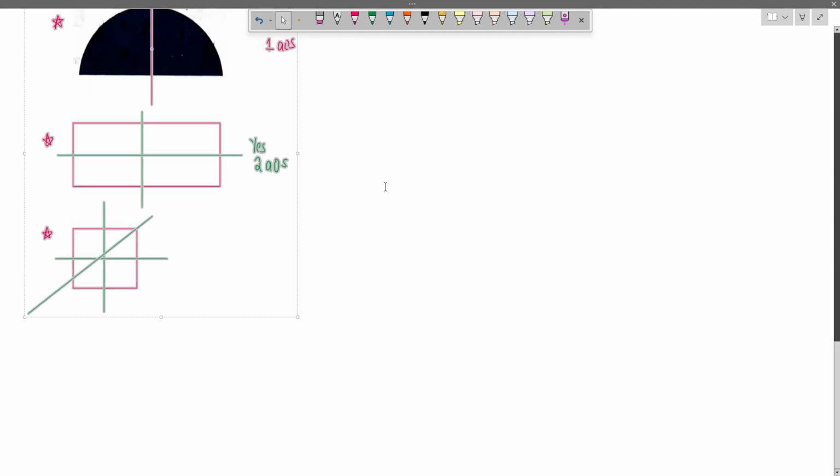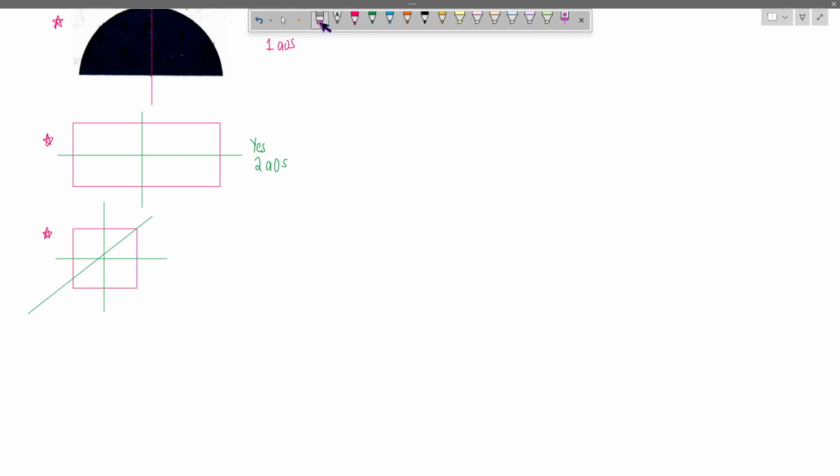So if we trace it like so, it's not gonna be perfect, but just imagine. So yes, it has reflectional symmetry, and we have one, two, three, and then the other diagonal also. So we have four